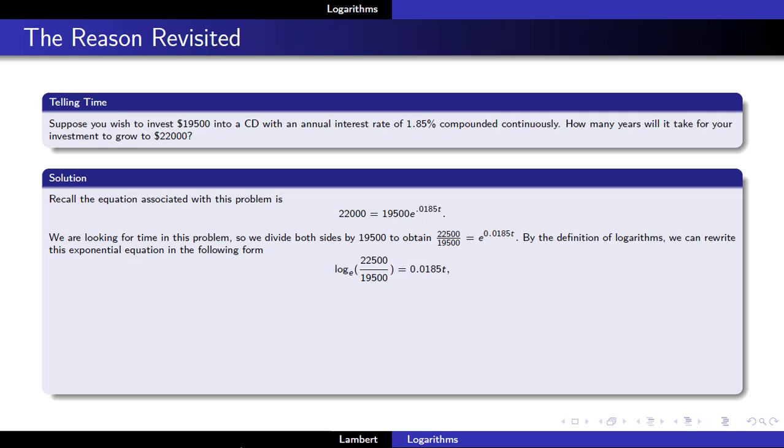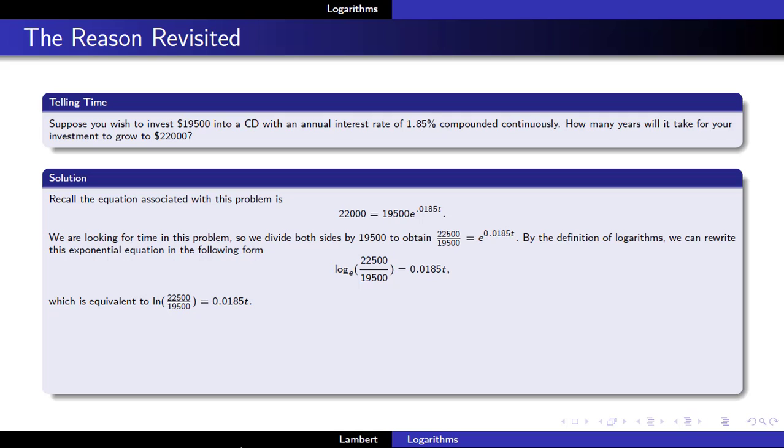This means we can write this log base e with our common logarithm as natural log. So we have natural log of 22,500 over 19,500 equals